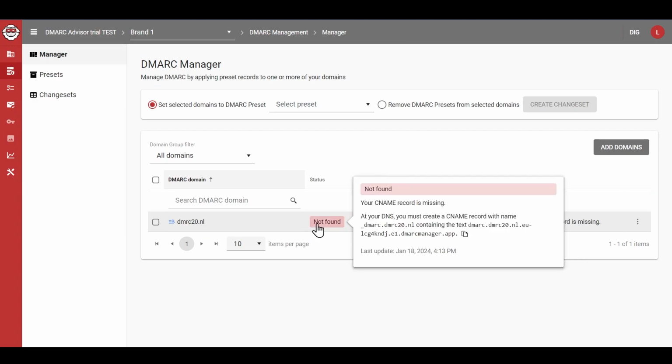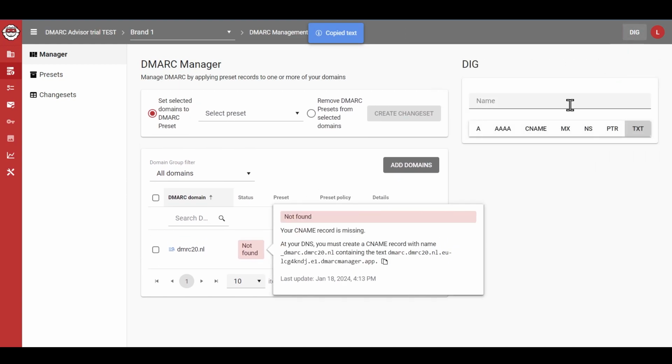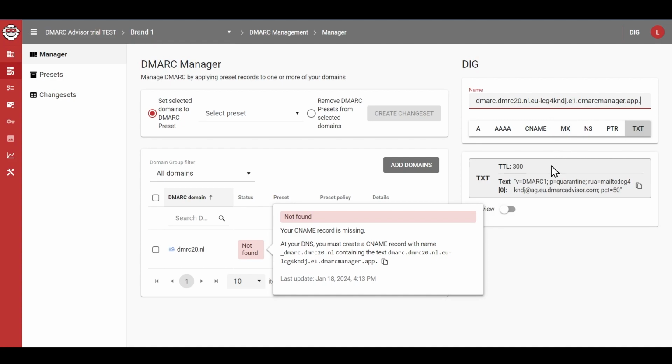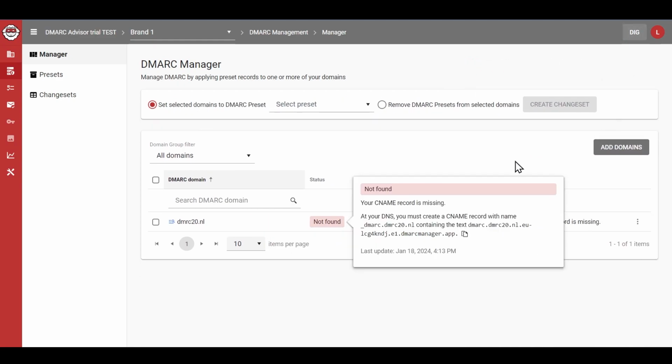We have this placeholder that was generated for your domain. We're gonna throw that into the dig tool up here. This is a nifty little tool directly at hand up here that lets you quickly perform a DNS lookup. The correct DMARC record is now indeed live, but it's not connected to your domain yet, as a CNAME in your DNS is required.